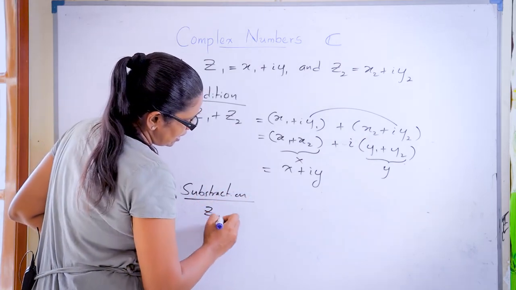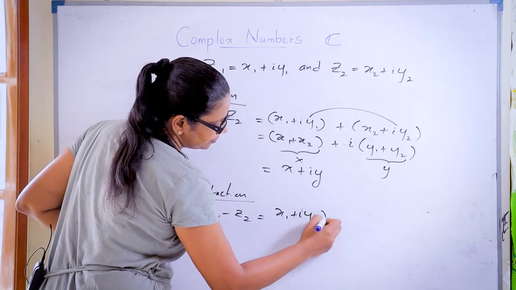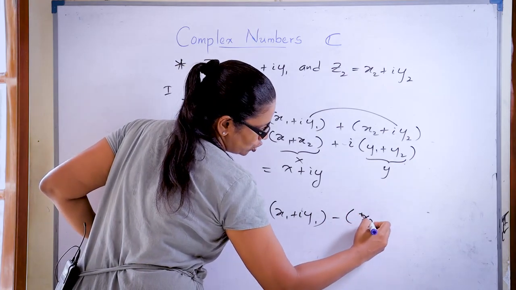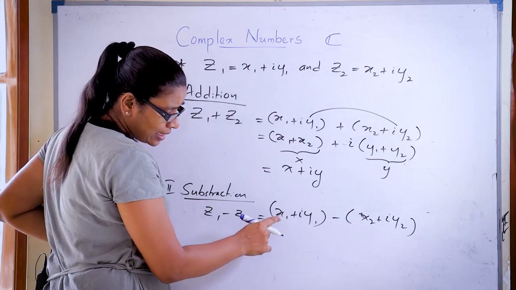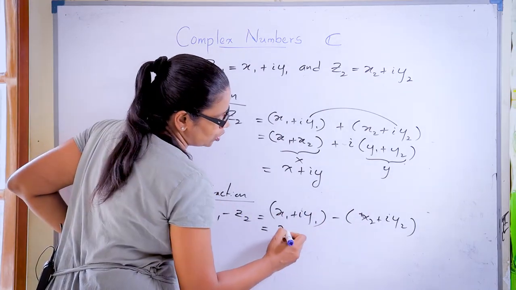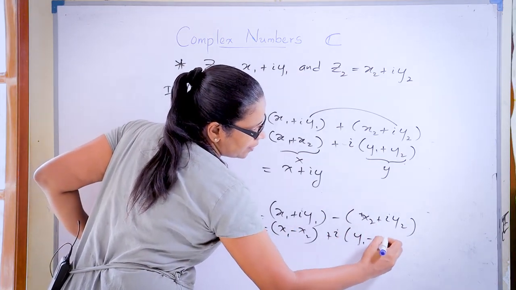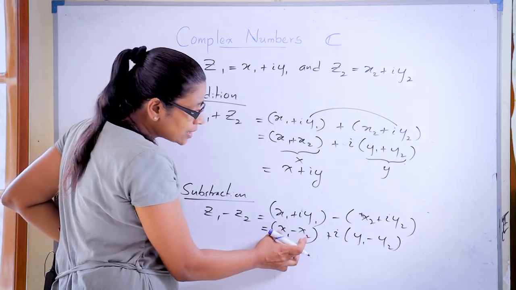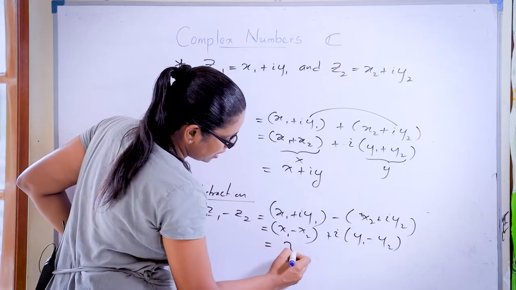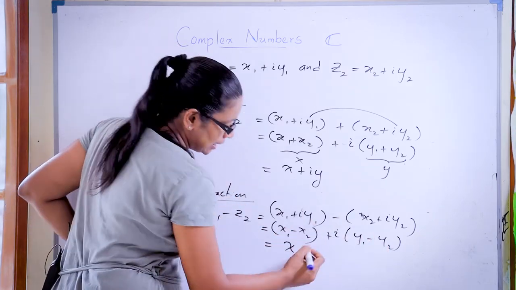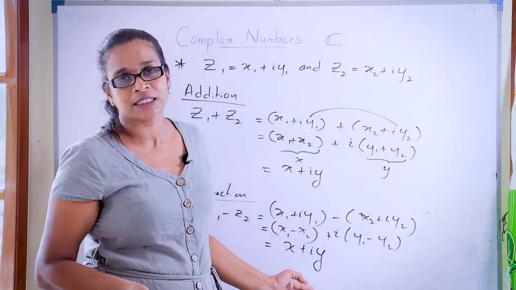When you do the subtraction, x1 minus x2, I am going to again substitute minus x2 plus iy2. Just do the subtraction. Then again, the real part, x1 minus x2, you have to consider, and from these two, y1 minus y2. Again, the difference between two real numbers means again a real number. So I will just write x here, x plus iy. So again the result is also a complex number.